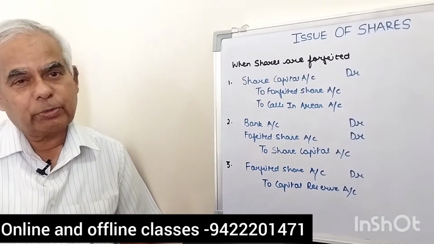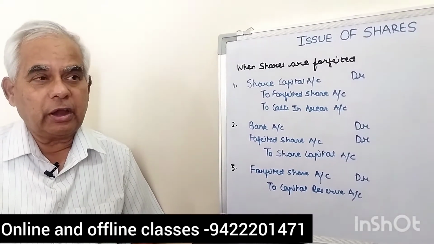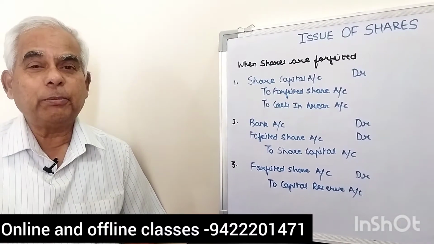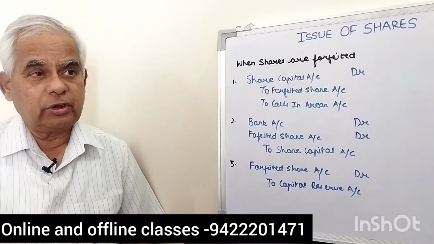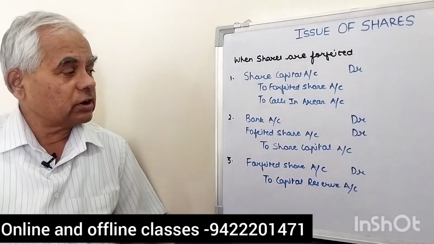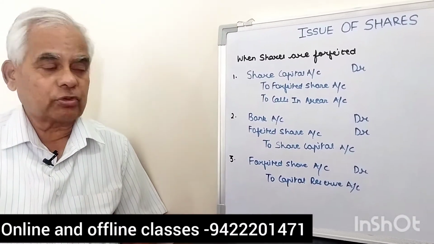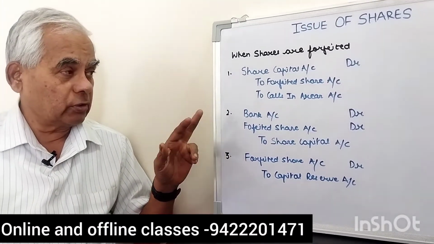Whatever the amount paid by X, that is not going to be refunded, and the company issues that X share to any other person. That is called forfeiture of the shares. And when the forfeited shares are reissued, generally this is not the rule, they are reissued at a discount, and the discount is nothing but the amount debited to the forfeited share account.